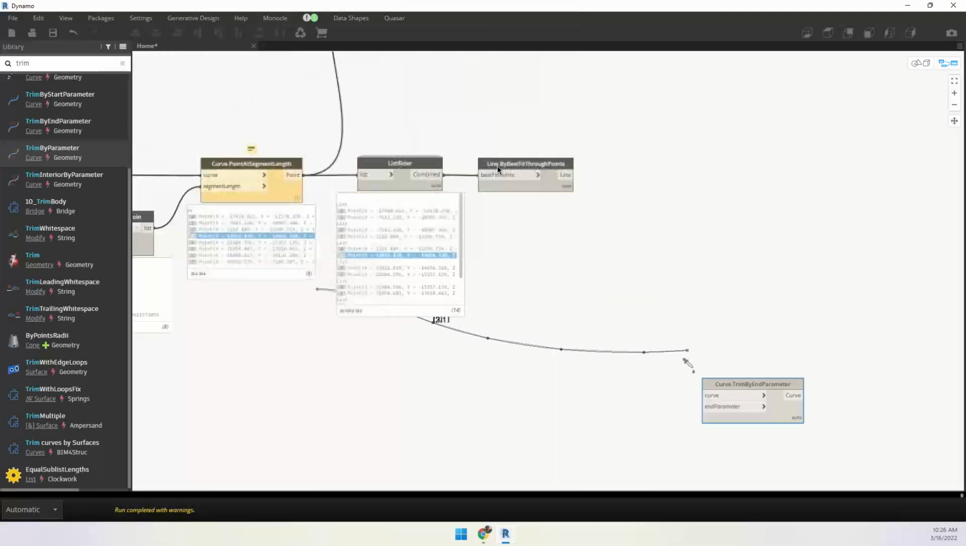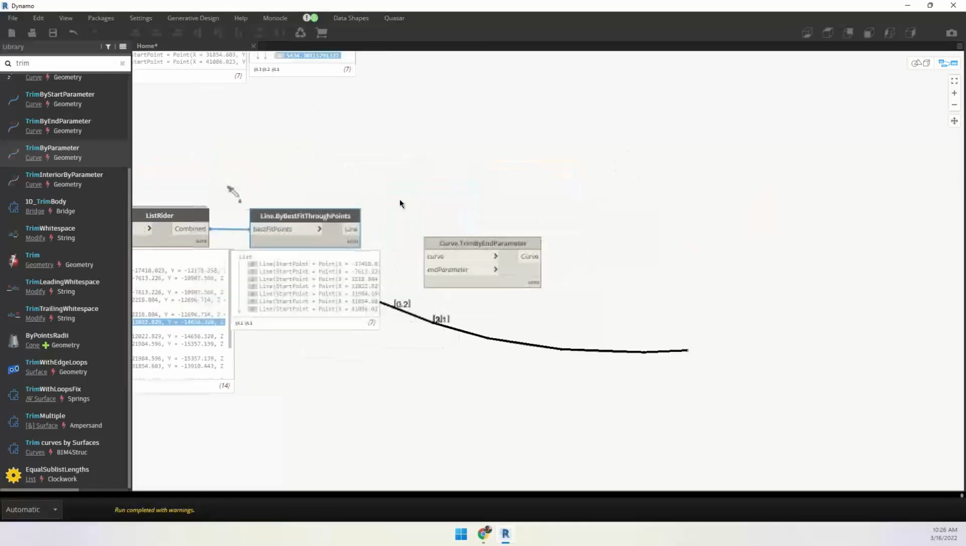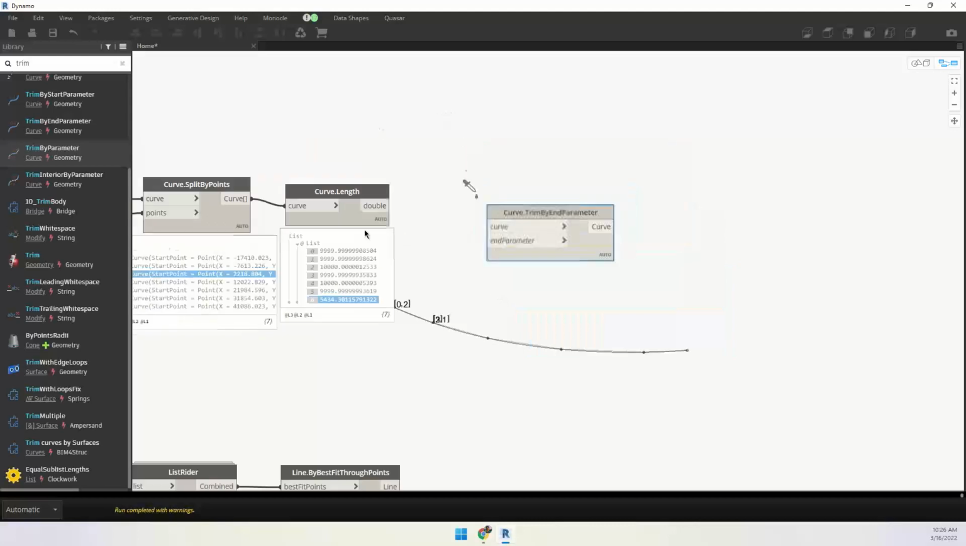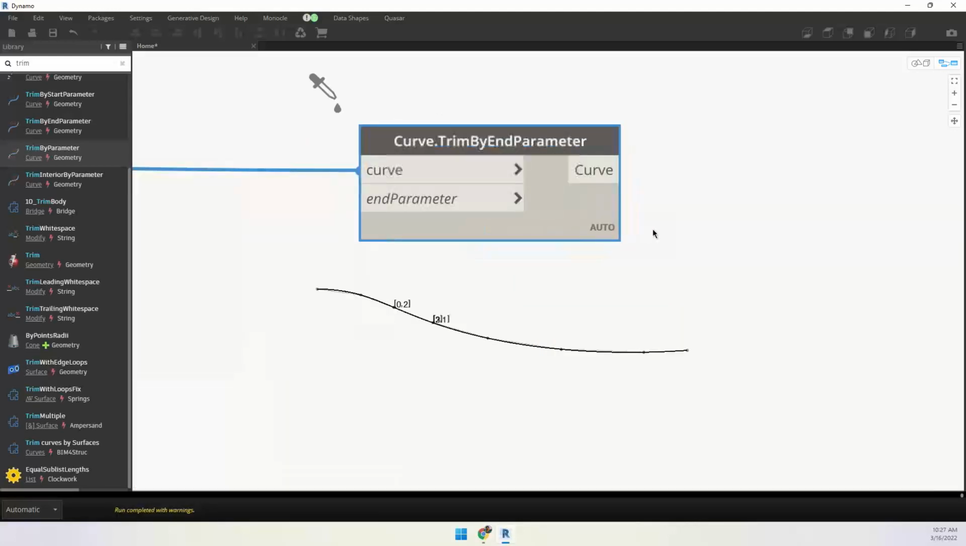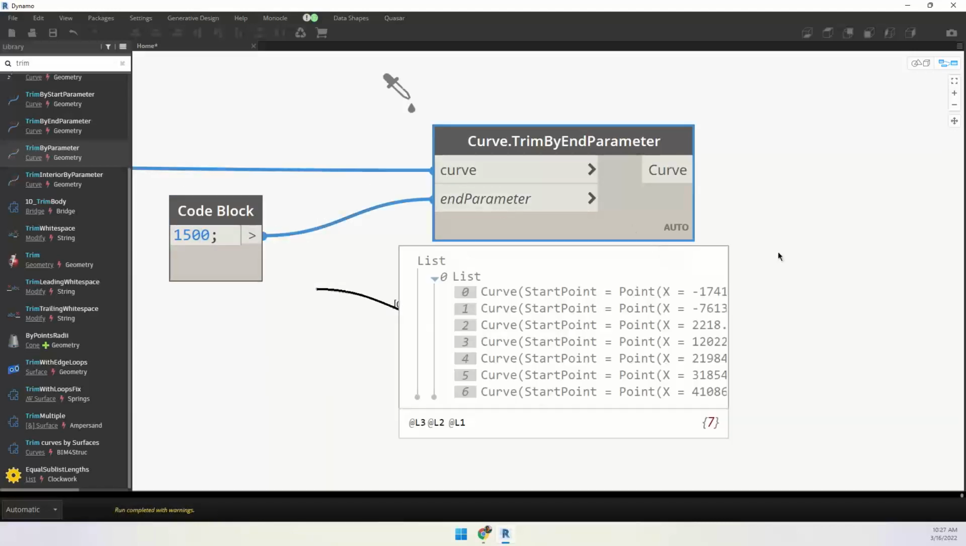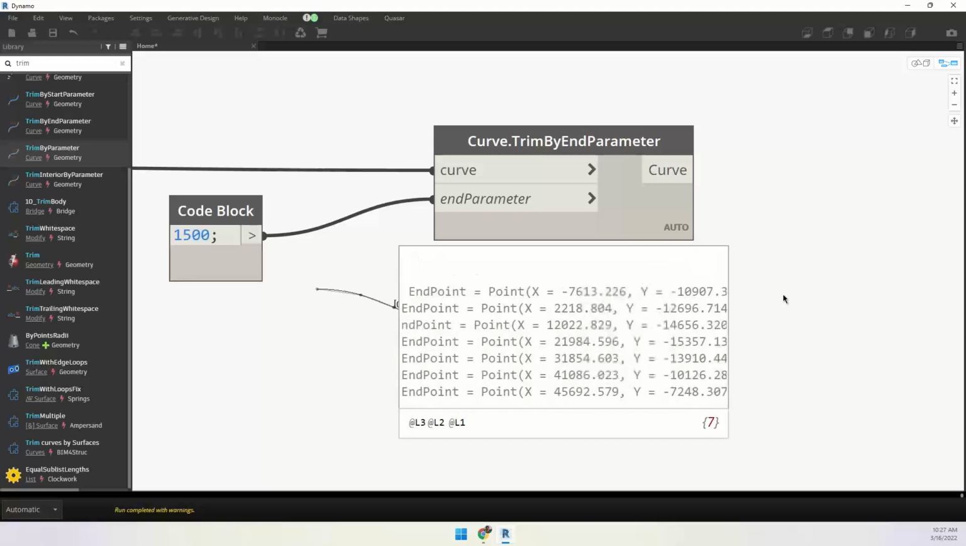For example, if you have a curve here, and I want to trim the end parameter with some value. So how do you do that? I just want to leave some 1500. If you notice this, the curve length,